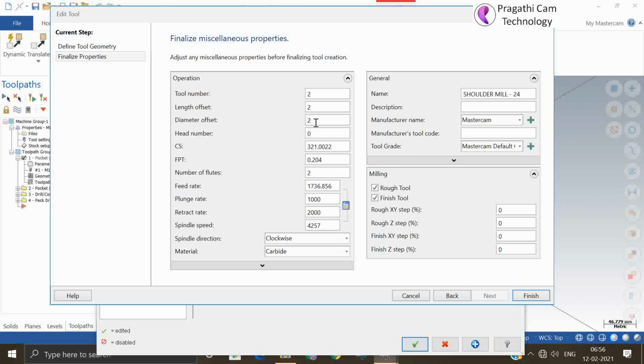So this is my tool number 2. This is the cutting speed, CS. I will give 150, and feed per tooth I will give 0.1. So what is the CS, the cutting speed?